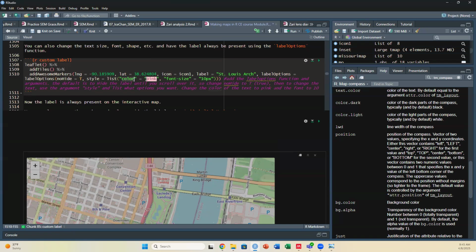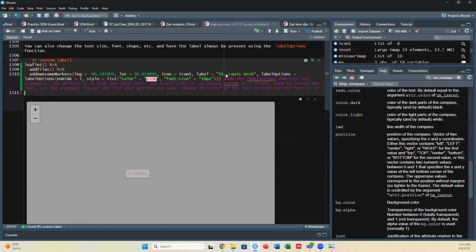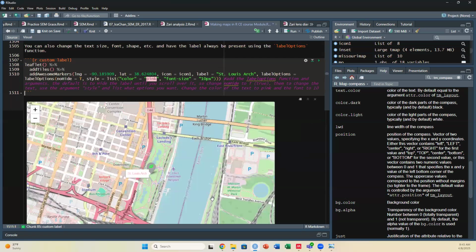Color equals pink. Font size equals 10 points. These are different ways of specifying themes and whatnot from like tmap or ggplot because it's using leaflet specifically, which is more specific to it rather than the tidyverse. But what this does is it always shows the label now, and the text is pink and the text is size 10